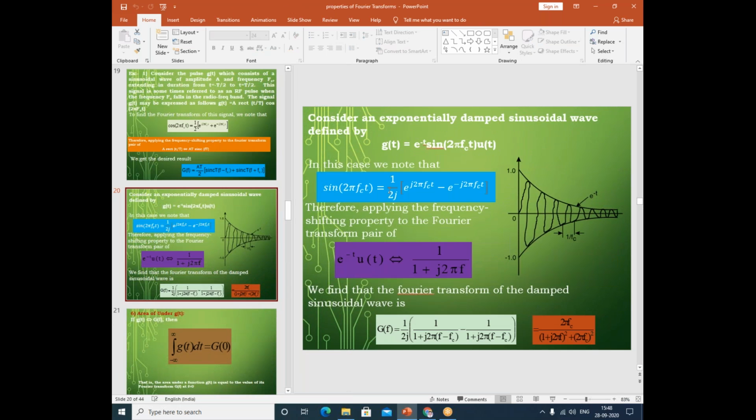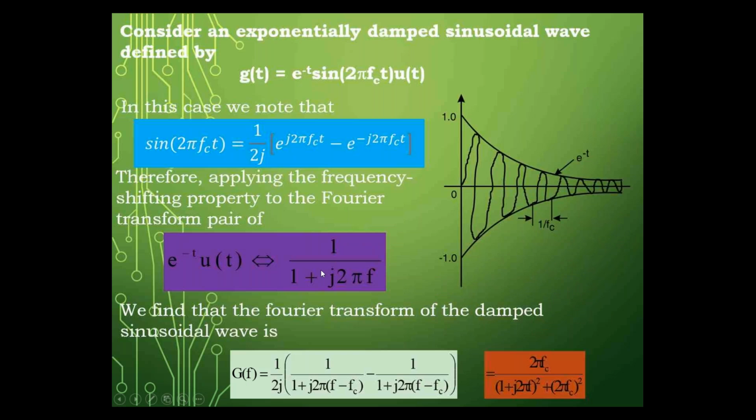Now we have one more example on the same topic. Please note down this problem. This is an assignment to all of you. You please try it. Here we have an exponential signal multiplied with sine. Please all of you note down this problem, and I'll ask any one of you in the next class to explain this property.